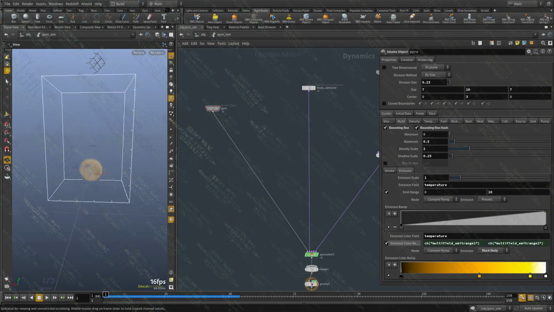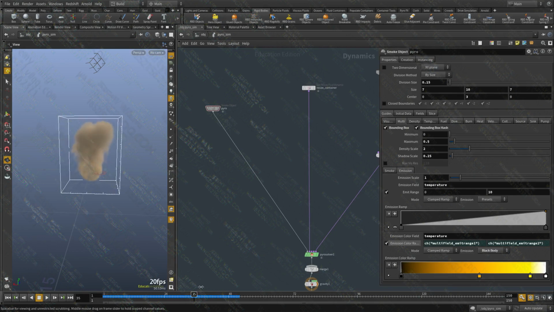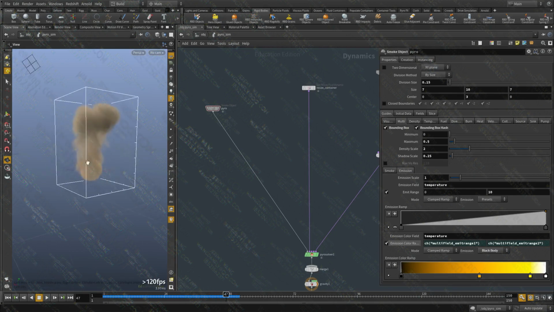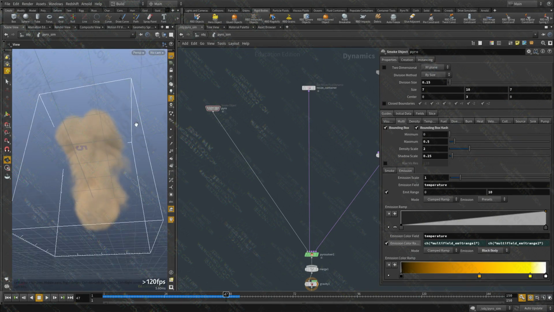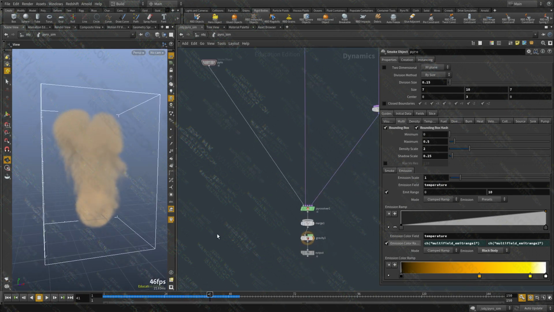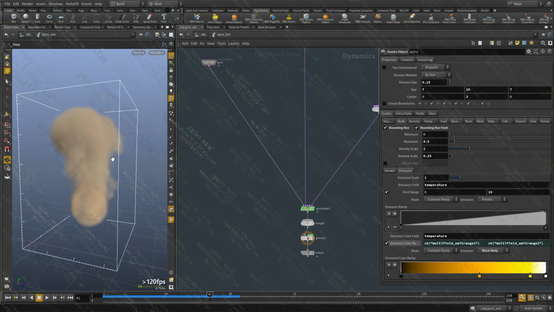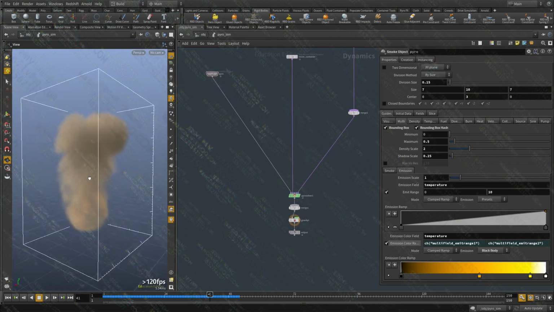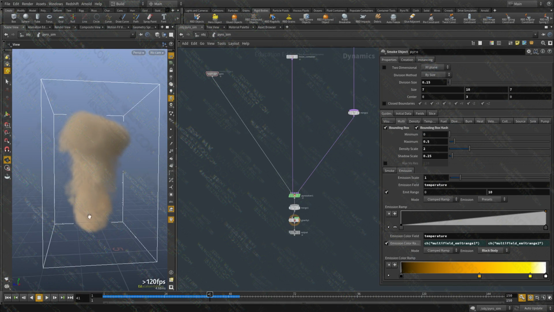So in this video I want to show you guys how to create a particle sim that follows the shape of the geometry of the smoke sim, and it doesn't require any post-processing. We can get the result created while doing our sim. And this is something very useful because most of the time in a lot